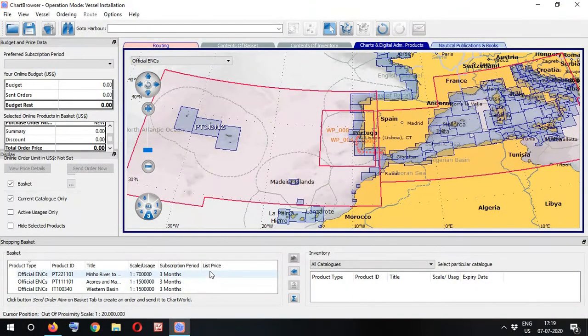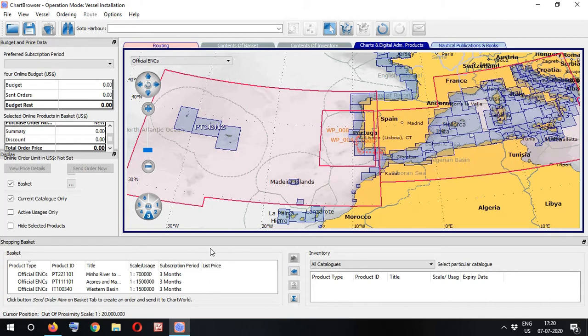For example, now you want to order this. You have selected your charts, how many charts you wanted, and now you want to order them. You just have to come here and press send order now. But this is also not coming because we are not licensed, as I told you. Otherwise, if you press send order now and you are online, it will send automatically to the chart provider. And if not, it will show a window where you can select your pen drive and transfer from your pen drive.